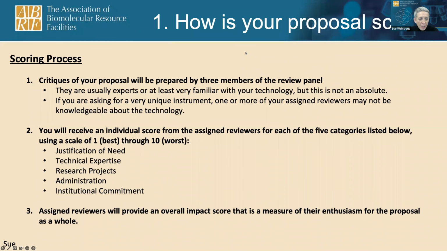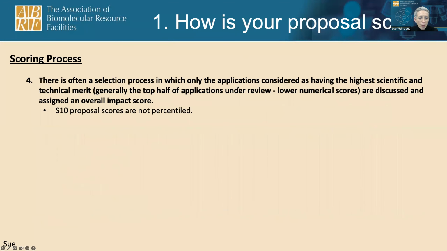Now, shown on the next slide, it's also important to understand that many times the number of proposals is far more than can be discussed in a regular review panel. And so they're divided based on these preliminary overall scores of the assigned reviewers. The ones that are considered to have the highest scientific and technical merit, and that's usually in the top half, and I emphasize here, it's the lower numerical scores.